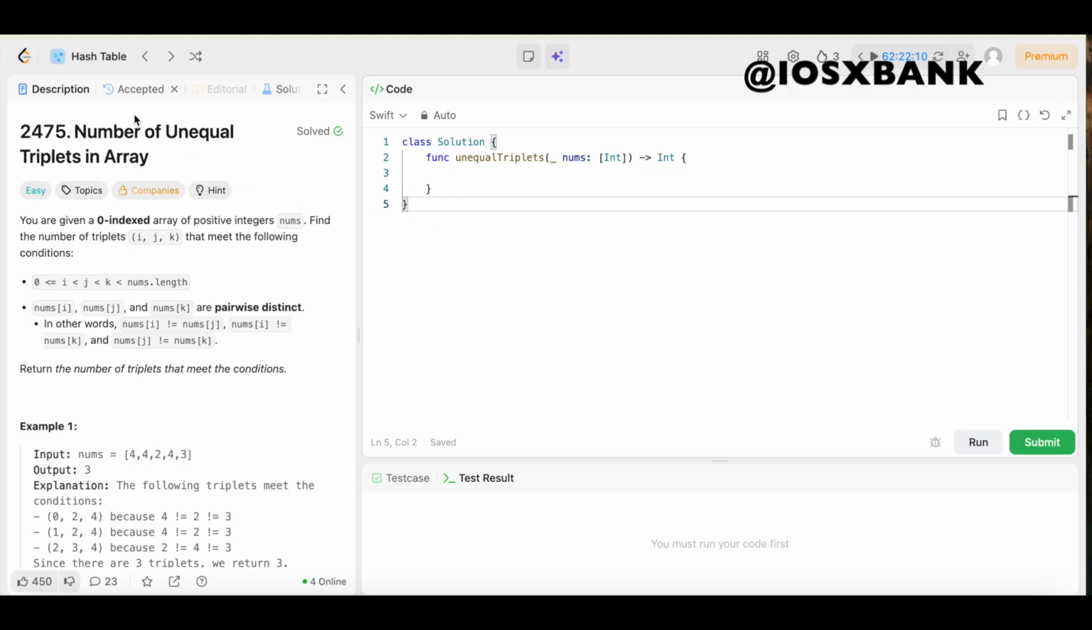And today we have question number 2475, number of unequal triplets in an array. The difficulty level is easy, so you already know we're going to keep the solution as simple and easy to